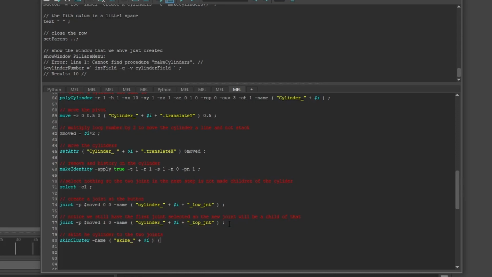And it's going to need the name of the two joints. Cylinder like this plus i plus 1 plus low joint